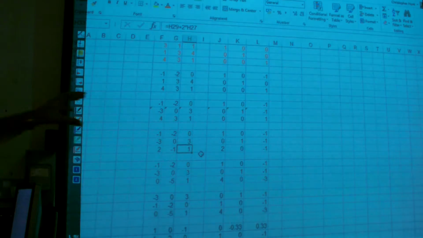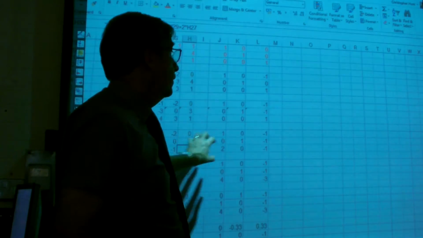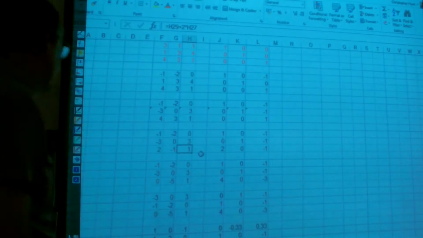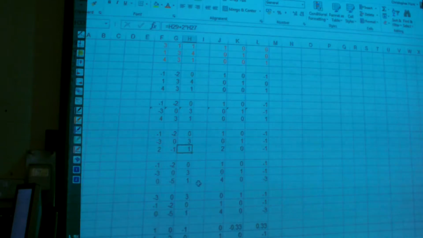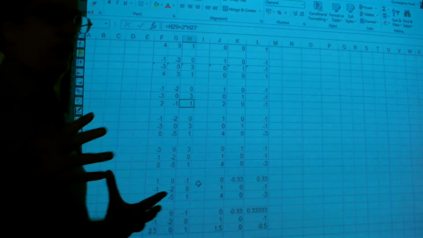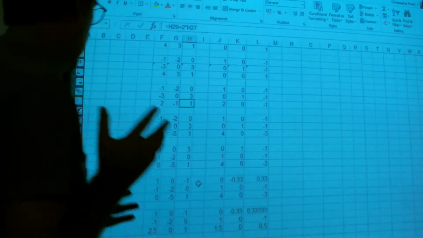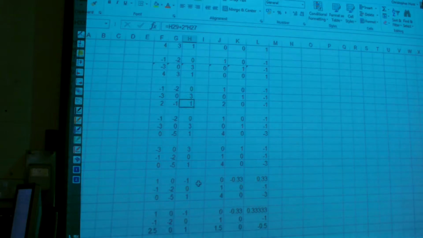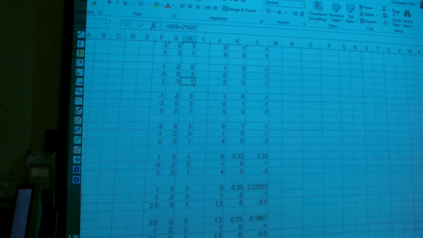And every time I perform a function on this side, I do the same thing on that side. There is a large amount of guesswork in this. I possibly haven't found the most efficient way of getting to the end. But at this point here,